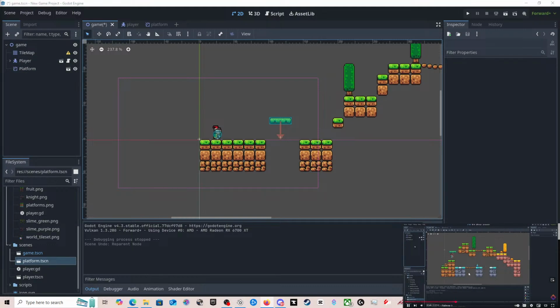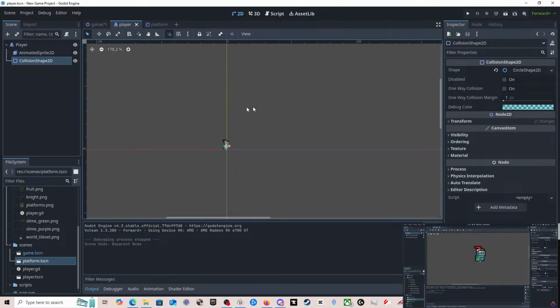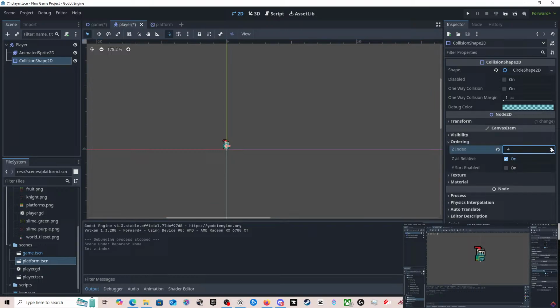We fix the draw order by changing the z-index of the player. In our player scene, we go under ordering and set the z-index to something higher like 5. By default, all visible nodes have a z-index of 0. So basically, what he's saying is, if this was like Photoshop and you put everything on the same layer, it would all be merged.